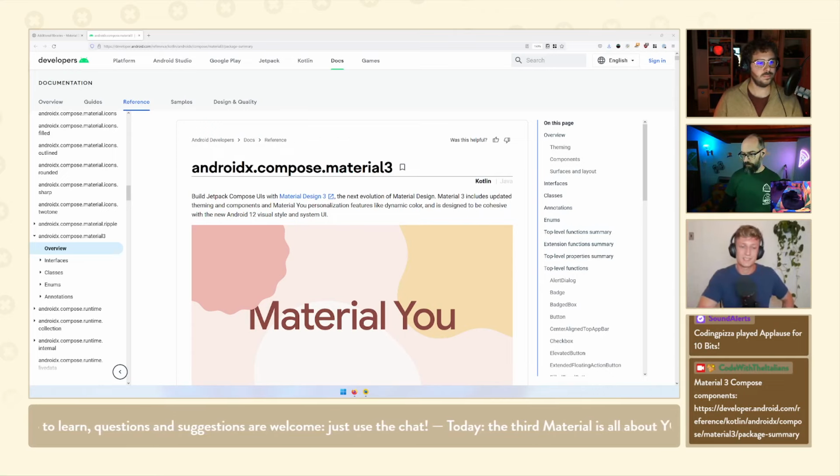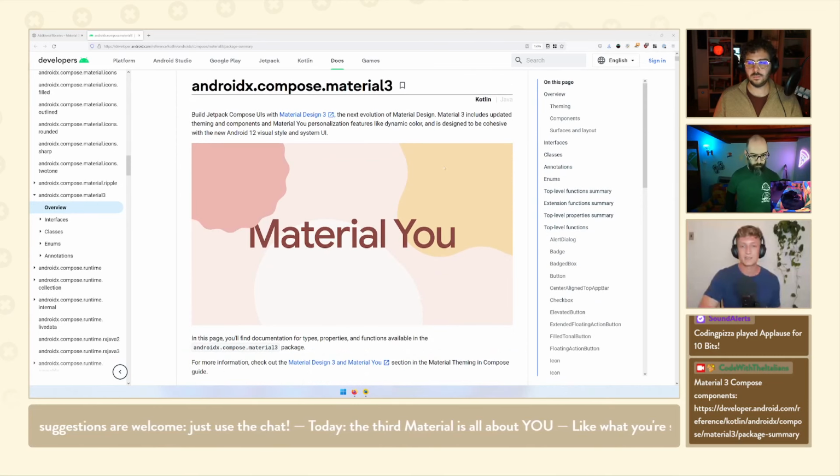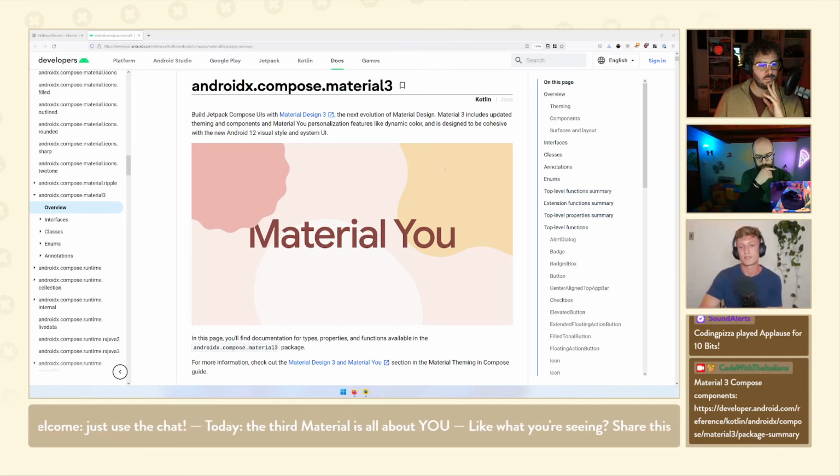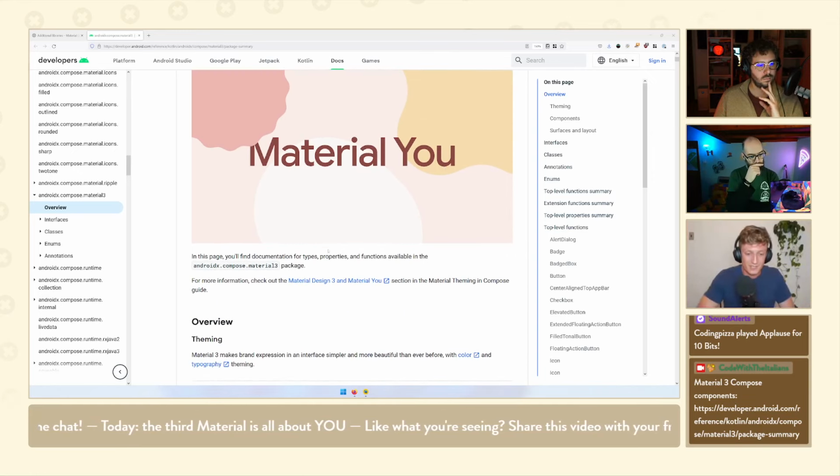Nevertheless, there's a separate artifact for Compose, and it's a little less mature right now in terms of its coverage of components. It's only on alpha 3, as opposed to being close to stable. So that's the high-level overview of where those two things stand right now.